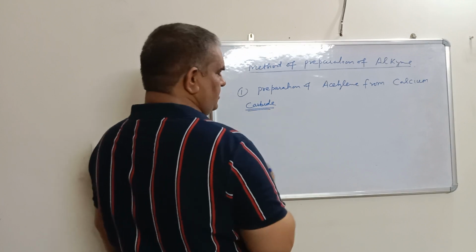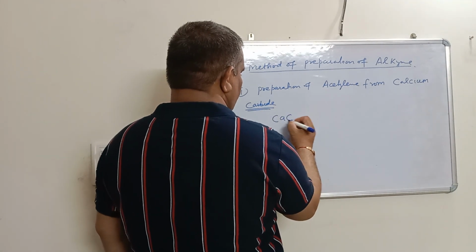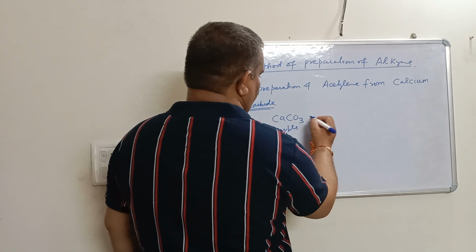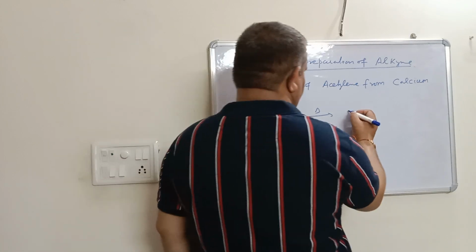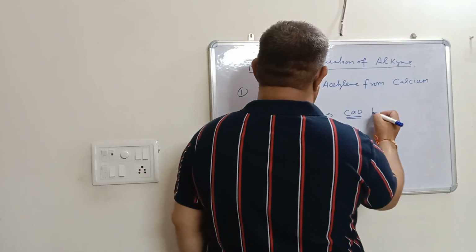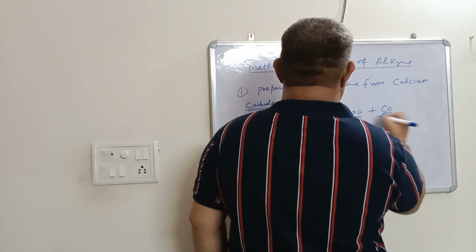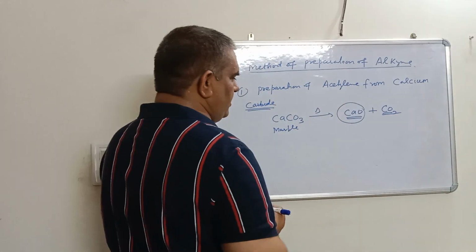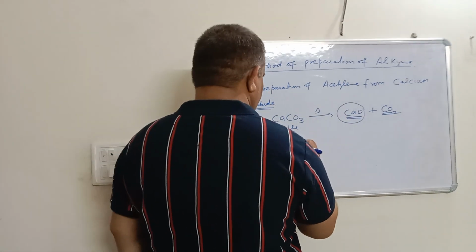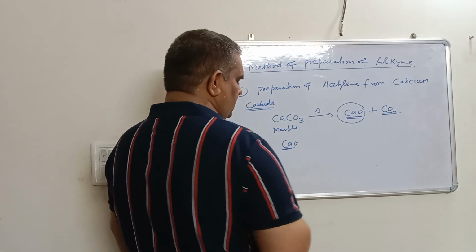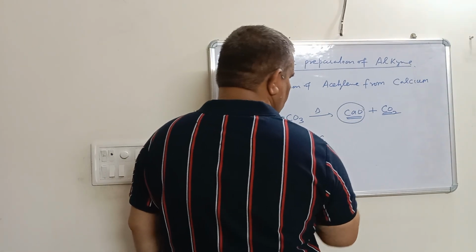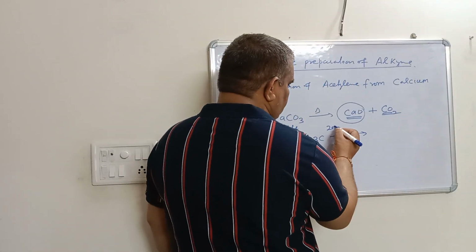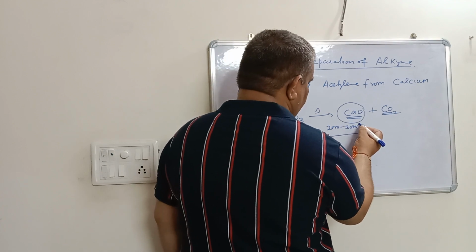Here this is limestone, CaCO3, known as marble. On heating, it gives calcium oxide and carbon dioxide, CO2. This calcium oxide reacts with coke in an electric furnace, where the temperature is around 2000 to 3000 degrees Celsius, and